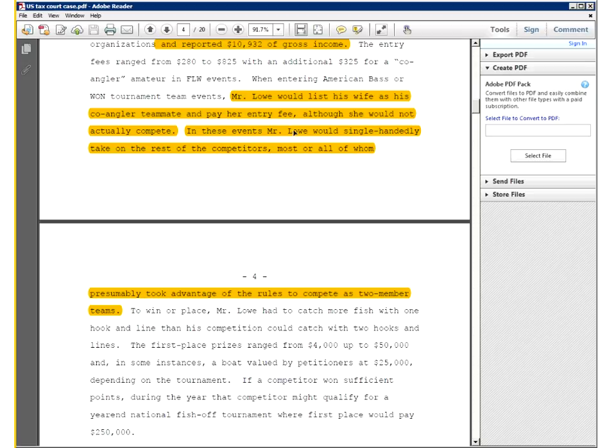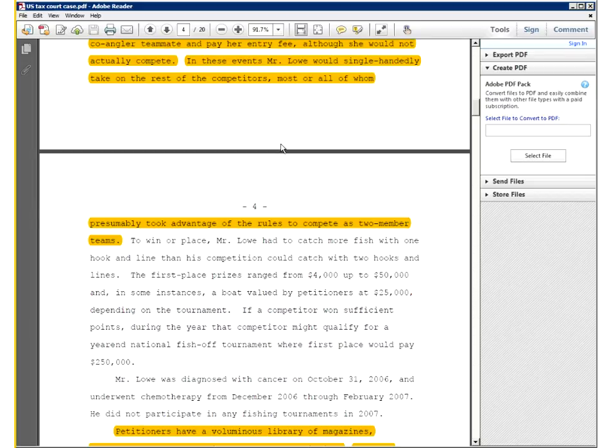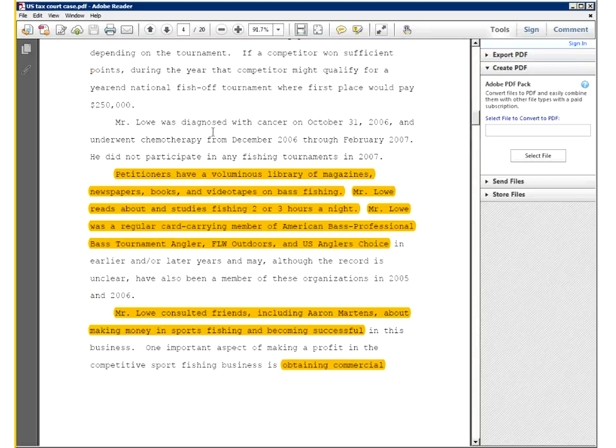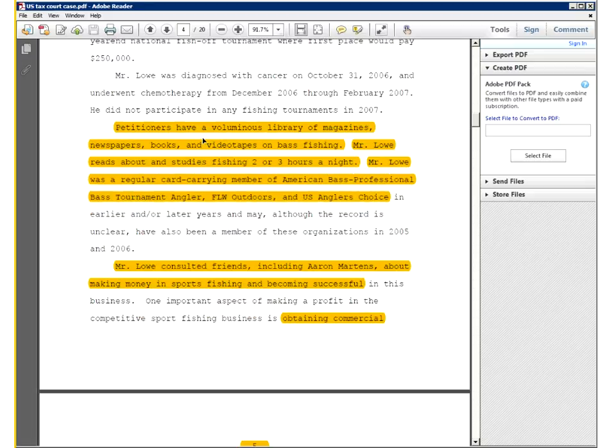And then here's some of the other interesting things that came up in this case. Sometimes the tournaments would be a double person tournament, so there's two people in the boat, and both can count their fish. Well, sometimes the guy would bring along his wife, who would not fish at all, and she would be the second person, and he would pay the double entry fee, even though there weren't two people fishing. So the IRS looked at that and said, are you really in this to win and have a profit motive? Because if you were, you probably would have two people fishing and not just one. The guy comes back and says,